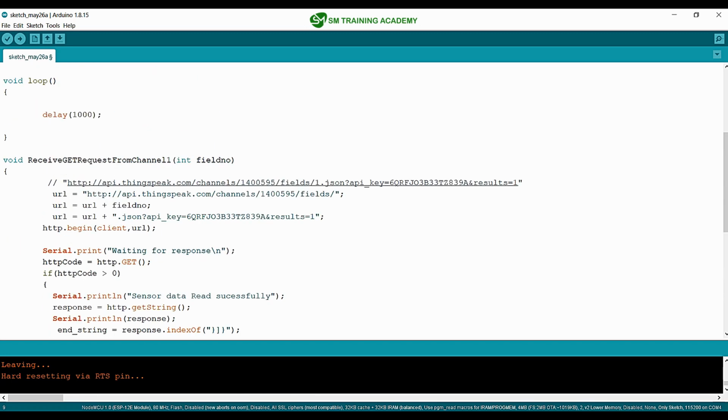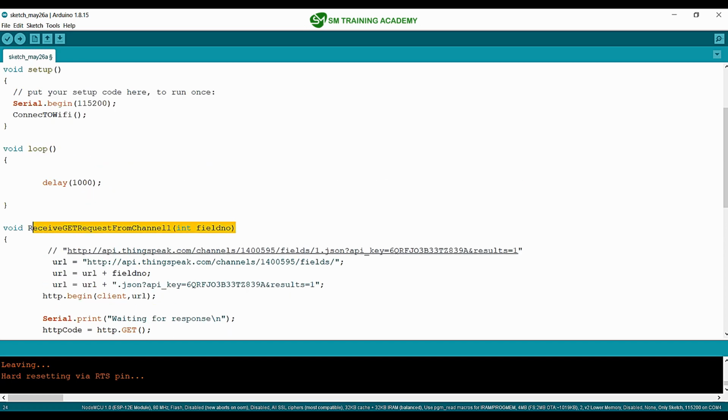Now when I upload the program, you can see I just want to call this function inside the void loop instead of writing all these things inside the void loop. And here I just want to pass the number 1, since I'm reading the data from field 1 of channel 1 created. I'm just uploading the program.